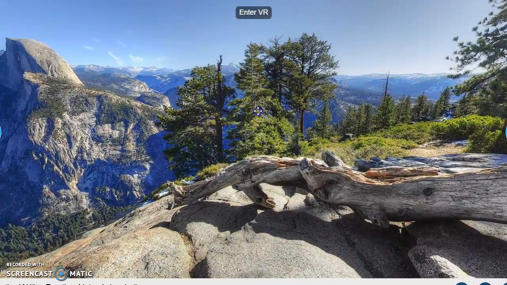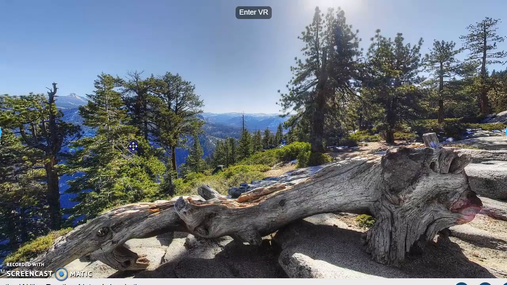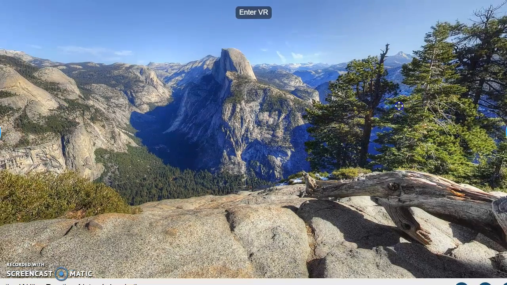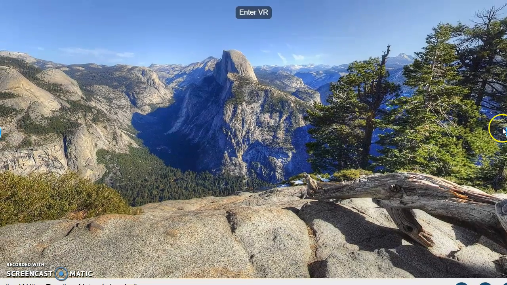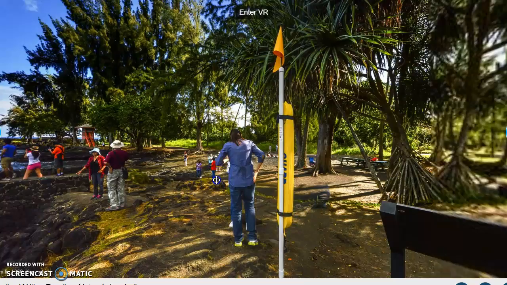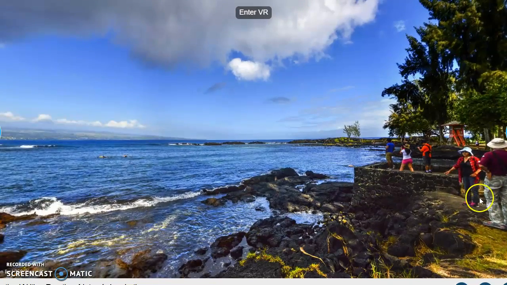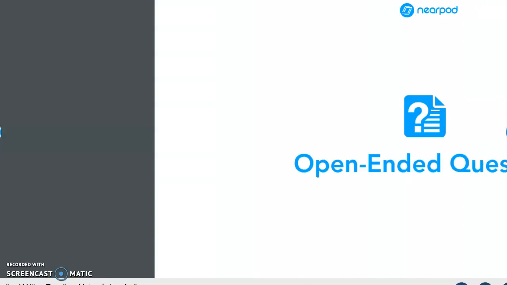You see that this is a VR. VR is virtual reality. Okay, so it looks as if you're in the mountains. Some of you expressed places like these in your home countries that are very scenic and beautiful. Okay, here's another one. Oh, the water, the ocean. And you're just going to go through these